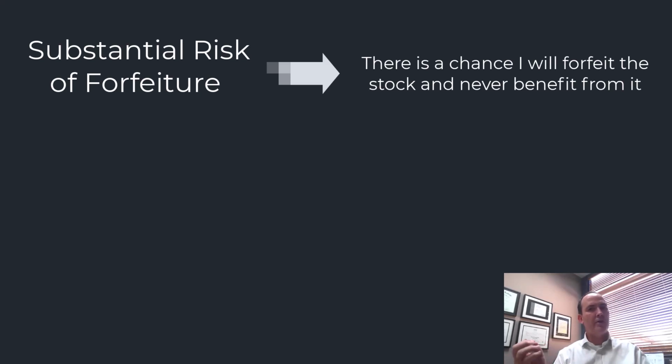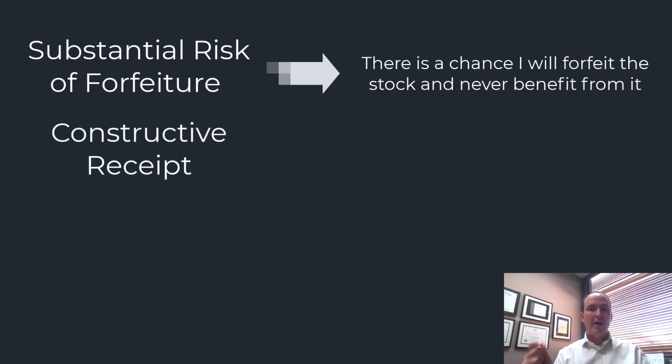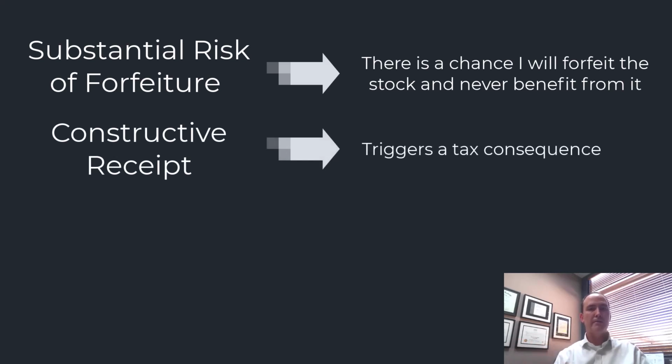And so when we think about the doctrine of constructive receipt, when I am in constructive receipt of the benefit, a tax consequence will be created. As long as there is a substantial risk of forfeiture or a chance I might not ever get that benefit, I am not in constructive receipt, so there is no tax consequence. But when we reach a point where there is no longer a chance that I might lose that benefit or forfeit that benefit, then I am in constructive receipt, and at that point I am taxed on the benefit. So we need to know the value of the stock at the time the restriction is lifted, because that will